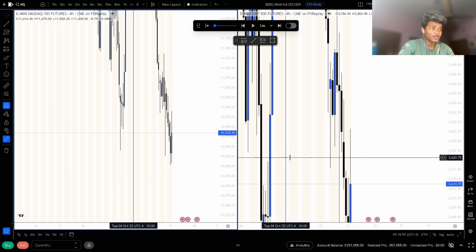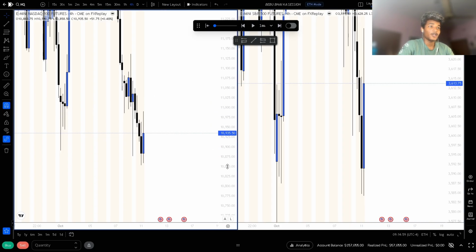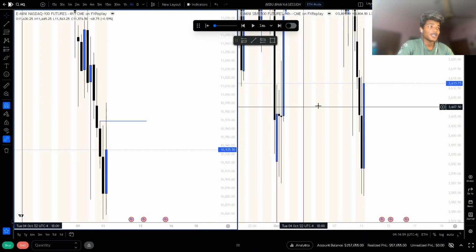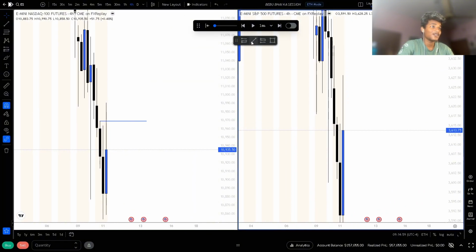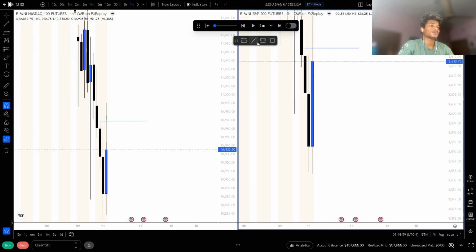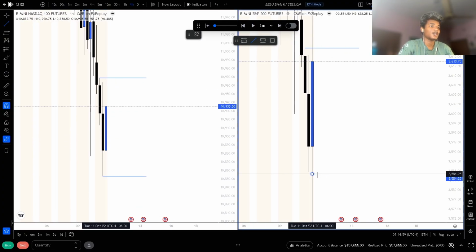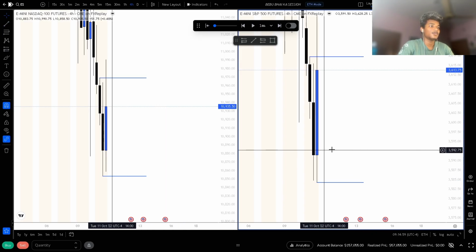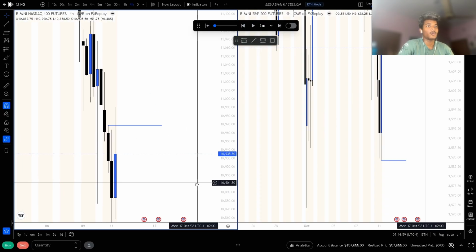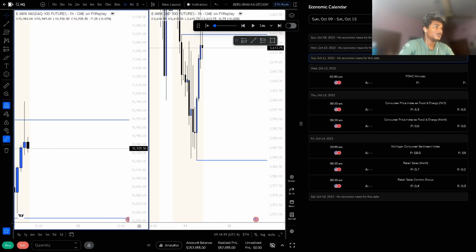4 hour looks pretty much bearish. We do have this 4 hour bearish gap. This is a tiny one, but on ES this is a big one, so I'm gonna take shorts now. I have no bullish bias going today. We do have bullish SMT with ES with this low, you can see, but overall I'm leaning bearish. Do we have any news today? We don't have any news actually.